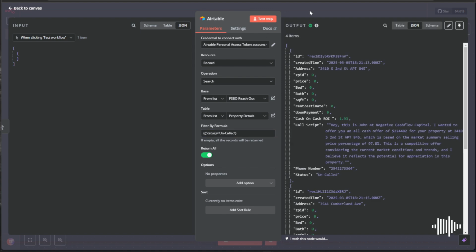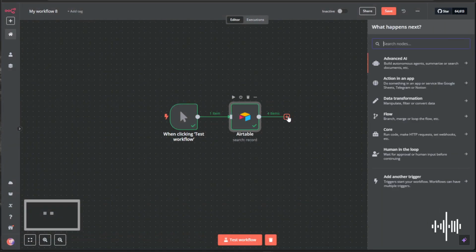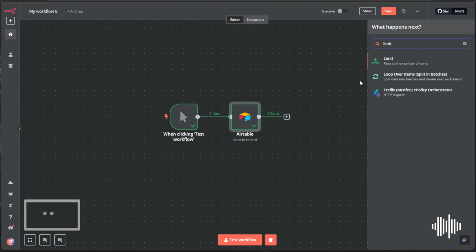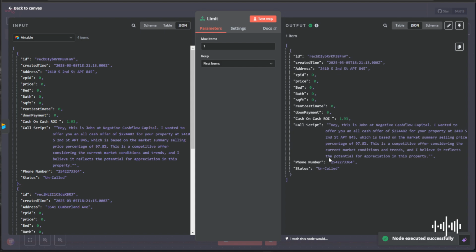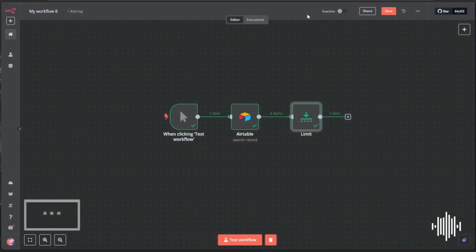You get the idea. So from here, I'm going to put a quick limit in here so that it's only passing on one for this tutorial. And if you wanted to do this in real production, you'd have to loop through the properties, but for this, I'm going to limit to first item. Test this. So we have our phone number, our call script, and from here we can pass this directly on